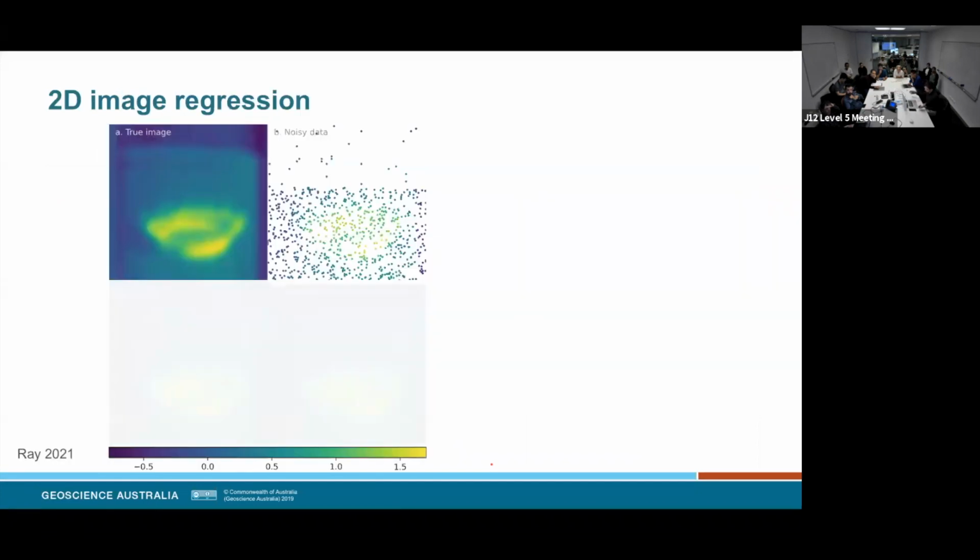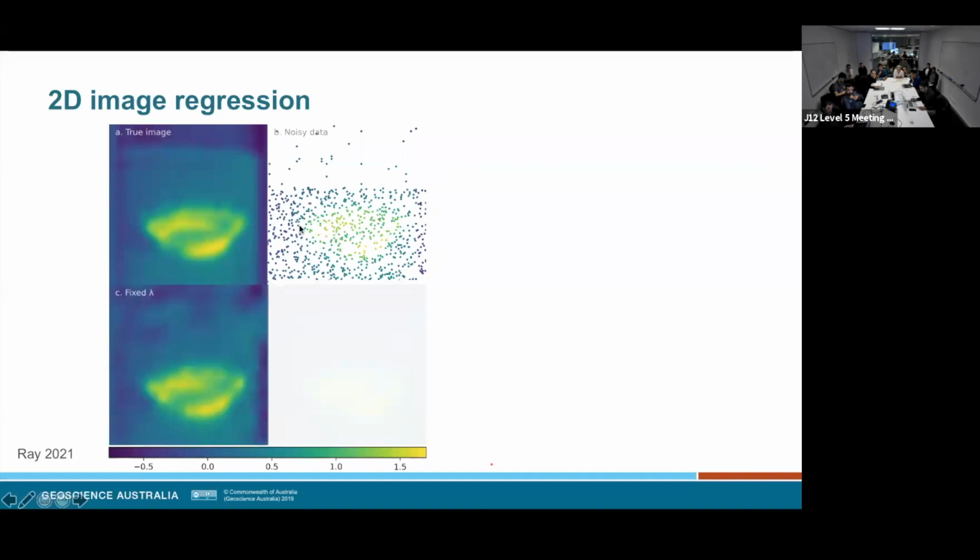Now, you could do the same with 2 dimensions and multiple channels in your Gaussian process. So you're doing the same thing, locally adaptive regression, but you want to find the uncertainties. And this is what happens when you use a fixed length scale. And it's not bad. It fits the data to within noise. It's the epsilon that you were talking about, Sally.